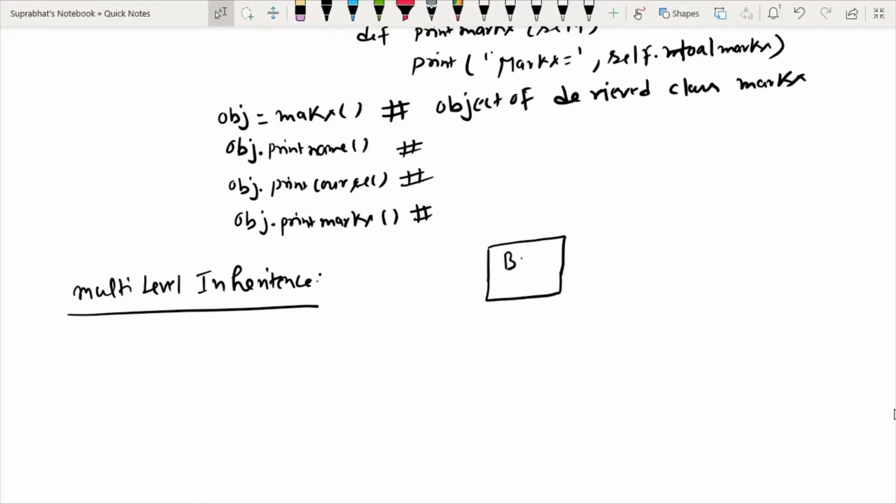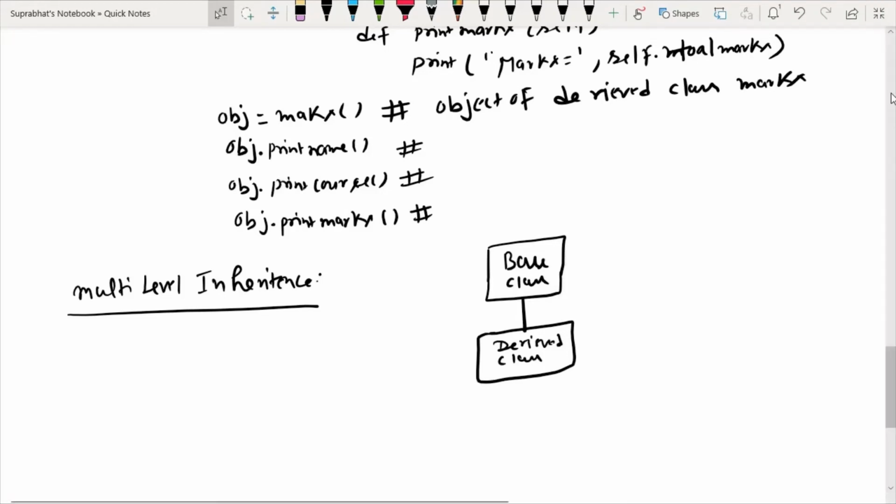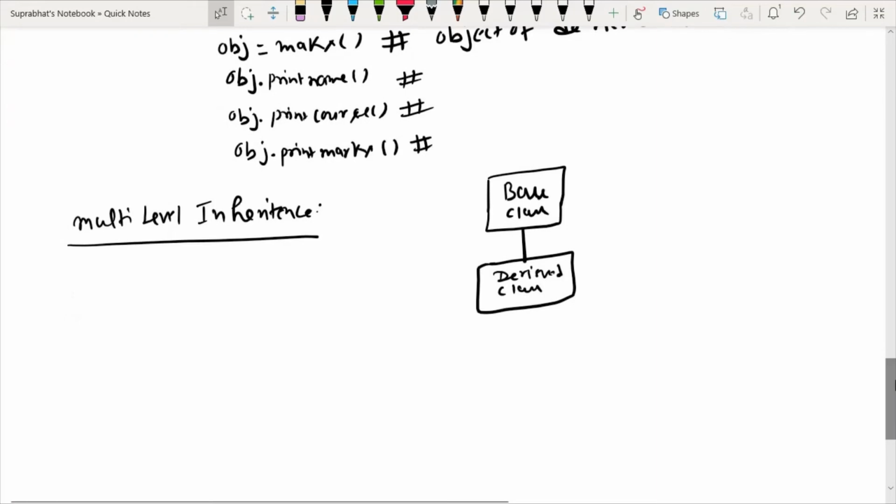This is base class, and this is derived class. This is base class, this is derived class, but this is about single inheritance, but in multi-level inheritance we will again continue, then again some derived class.